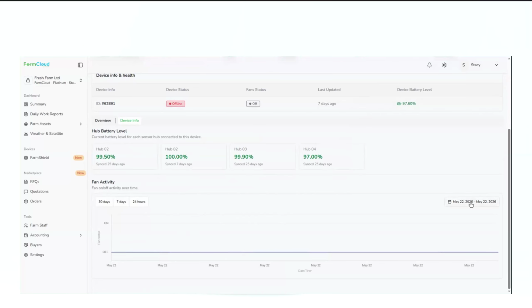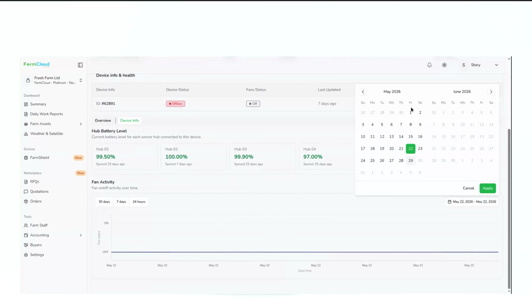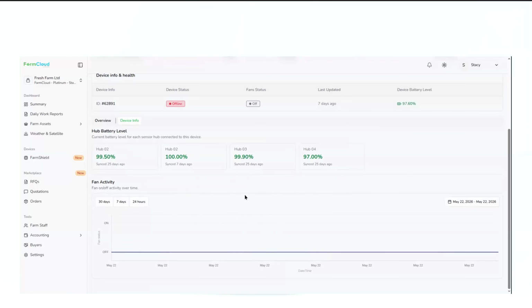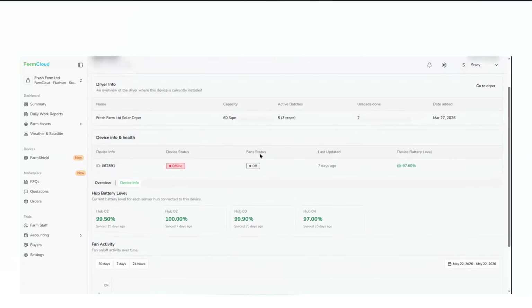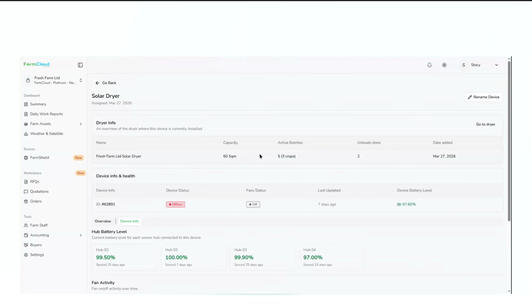So the same way we can view the historical readings for the fan as we did for the previous temperature and humidity. And we can now rename our dryer, that is, if we want to change the name of our solar dryer,